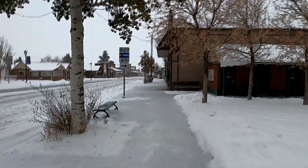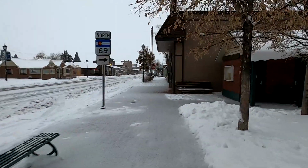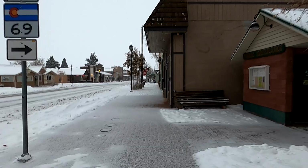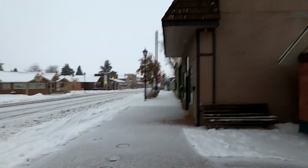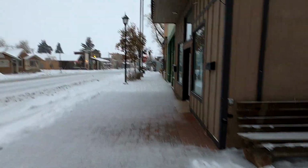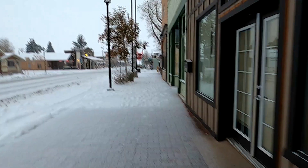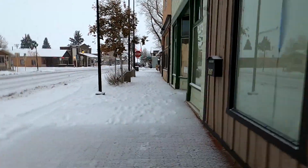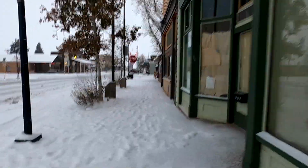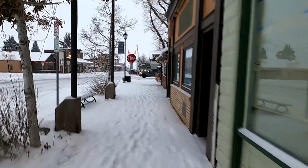Sunset is at 6:06 tonight, which is 8 minutes from now. So I wanted to get this about as close to that point as I could, but you can see, obviously it's snowing. It's completely a whiteout, overcast, all that kind of stuff. Let's see, settings for the GoPro 8 here is 1080p 30 frames per second linear mode. And I'm just going to walk up and down the street here for a couple of minutes,